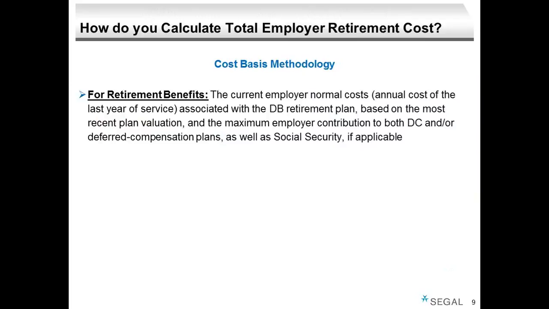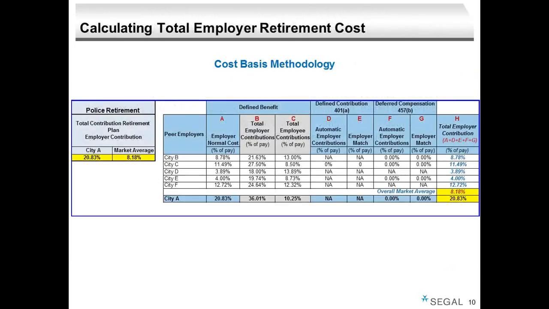For retirement benefits, what we're looking at is the current employer normal cost for the DB plan, based upon the most recent valuation, and the maximum employer contributions to DC, deferred compensation, and Social Security if applicable. And we have a chart on the next slide that uses a similar kind of approach. The summary statistics are on the left here. Our city, the total contribution as a percent of pay is 20.83%. In the market, it is